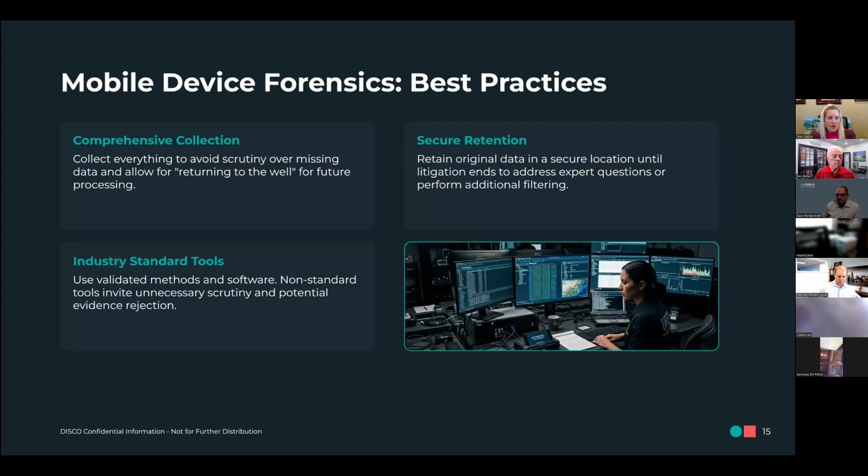Okay. So now we can move to mobile device forensics. What are the best practices? And I love this topic, probably more than any other one in this whole presentation. So best practice is to perform the most comprehensive collection necessary based on the data that you need. So as we mentioned earlier, if you require user activity analysis to tell what the phone user was doing with the device, how they were interacting with applications, we need to do a full file system extraction through Cellebrite, right? That's the most comprehensive collection just to make sure that there's no scrutiny over missing data.